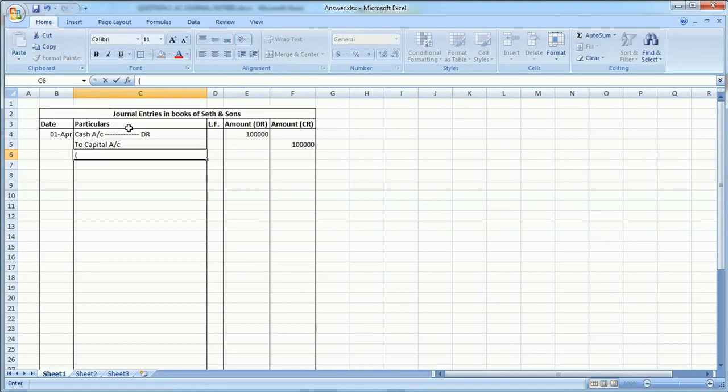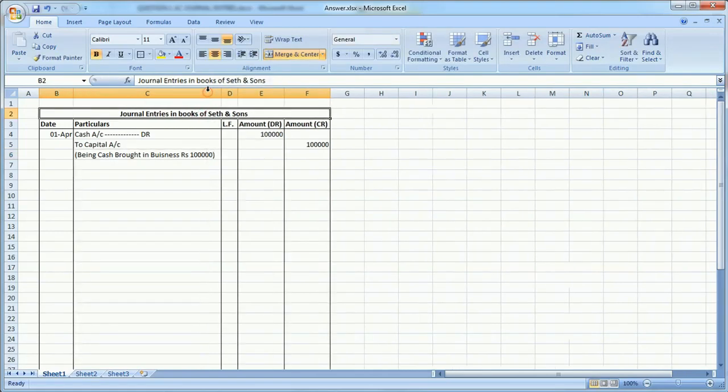The narration will be given as: being cash brought in business rupees 1 lakh. So this was the first adjustment. Next